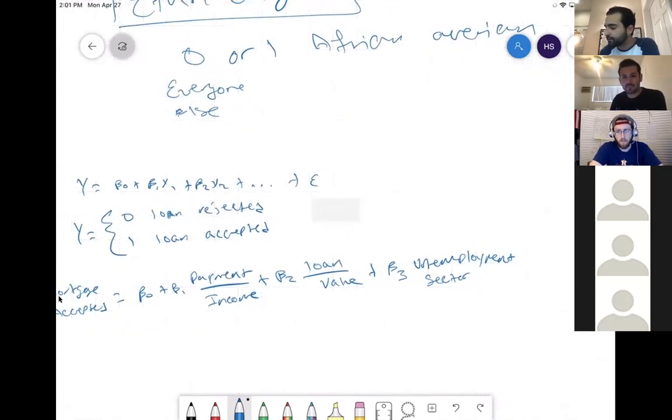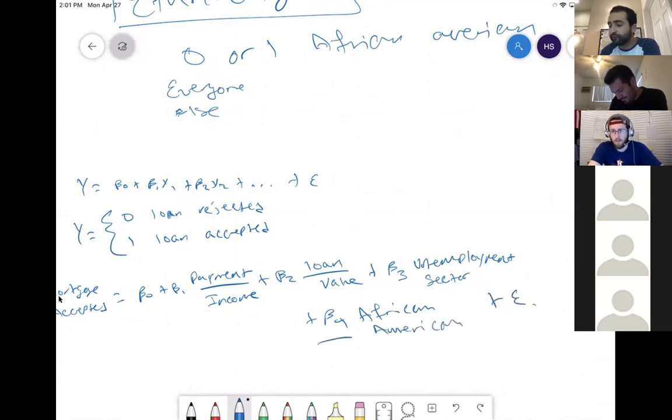We may have another term. That is, what's the person's ethnicity? Are they African American? Now, we would hope that beta 4 is statistically not different from 0. We don't want beta 4 to be positive, and we don't want beta 4 to be negative, right? We don't want black people to be getting special treatment, and we don't want black people to be getting unspecial treatment. We want to have people treated as people, how they should be treated,